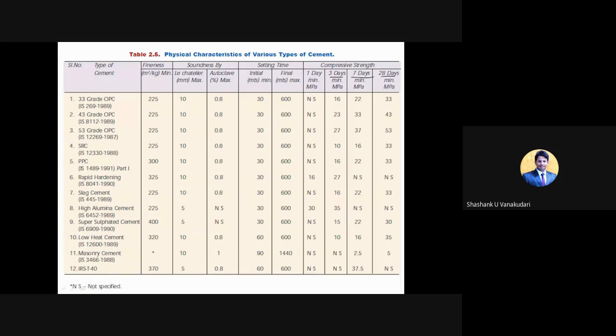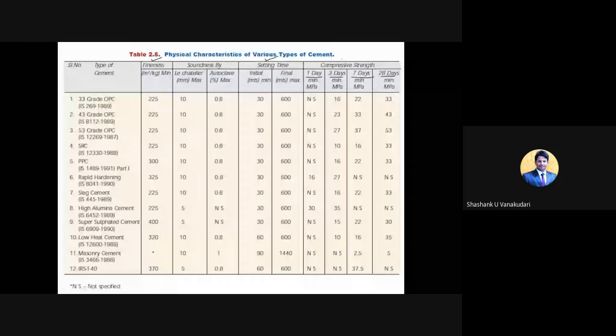So here actually the compressive strength for 1 day we won't get, because for the normal cement we won't get it like that. Different grades of cement they have given, and even the physical characteristics also they have given for this, as per the test, how it will be. We have done the fineness test, and then setting time, and even the compressive strength also.